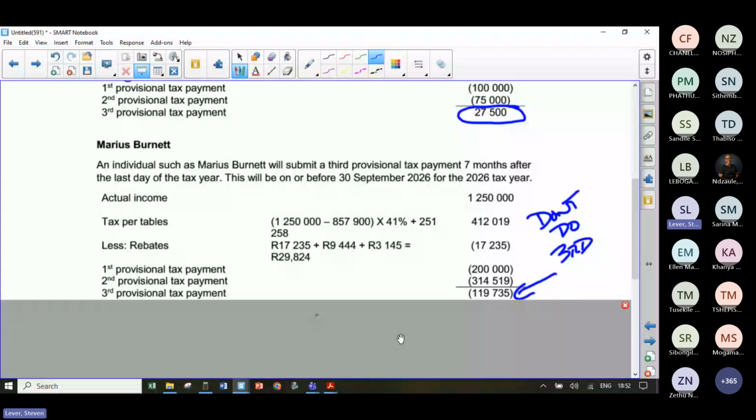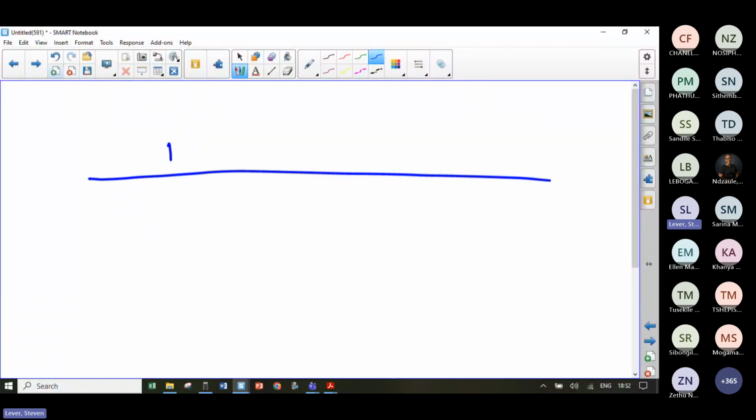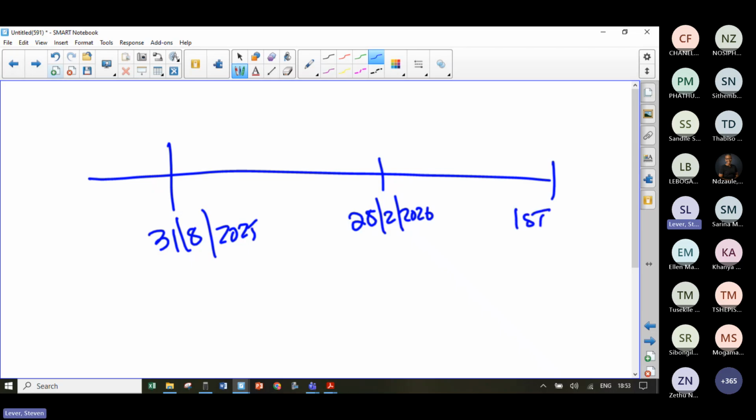But I just want to discuss when a third provisional tax payment takes place for an individual. So the first payment for an individual is on 31st of the 8th, 2025. Second one will be at year end. Now what they do with the third payment, guys, is your first payment for next year is on 31st of the 8th, 2027. And what they say is we can't do all the admin properly at the same time. So only if you're an individual,